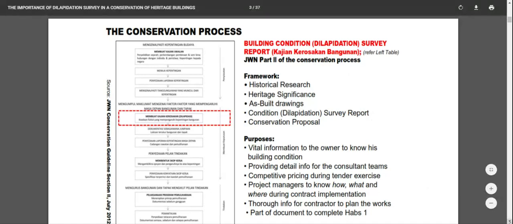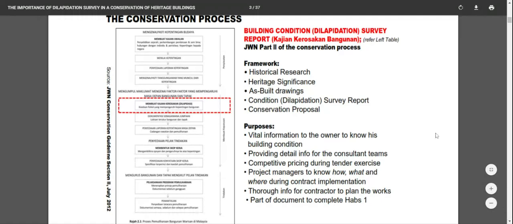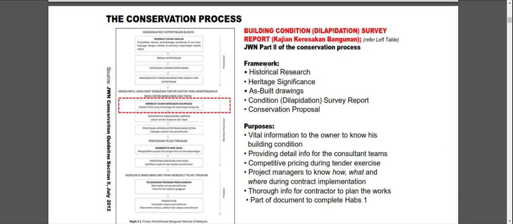So in doing a dilapidation survey report, what one should know is about the framework of it, which must include 5 elements: historical research, heritage significance, as-built drawings, or sometimes known as measured drawings, and the condition or dilapidation survey report. So this is the most important part of the report. And the last part is the conservation proposal. But this conservation proposal depends on the project needs. Sometimes the proposal is included in the DELAP report, but at other times there are many reports that do not include